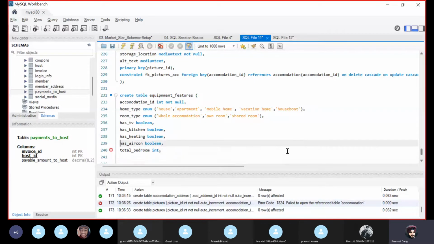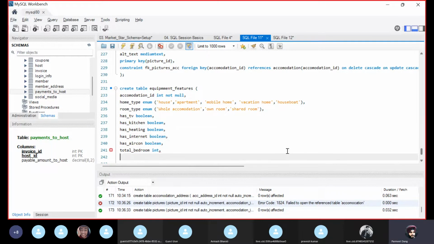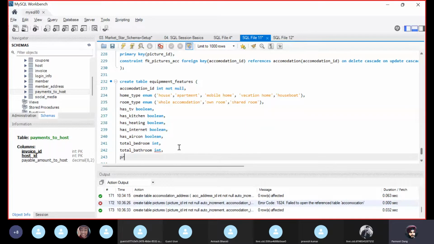Whether it has internet or not. Let us write the internet also. Has internet, Boolean, it has internet or not. Okay, then what else is remaining? Then it has total bathrooms also. Total bathrooms, integer. Then we have the primary key and I can give the accommodation underscore ID, and we can